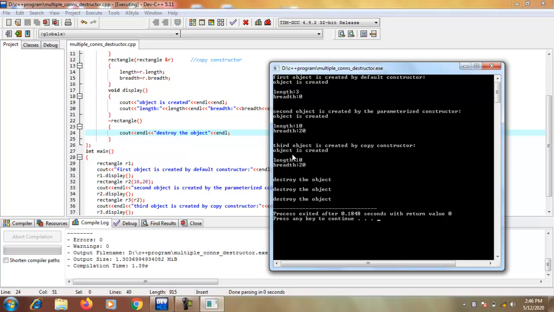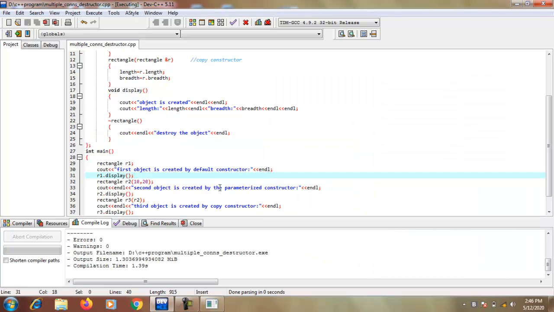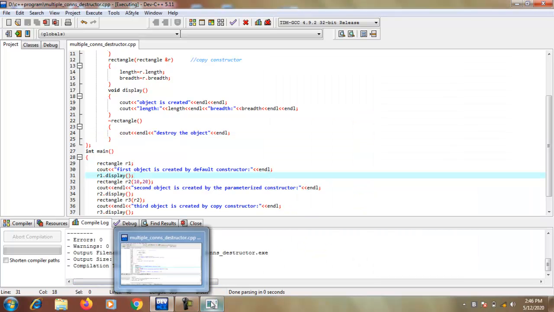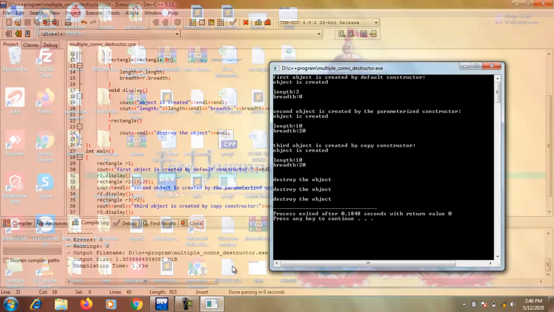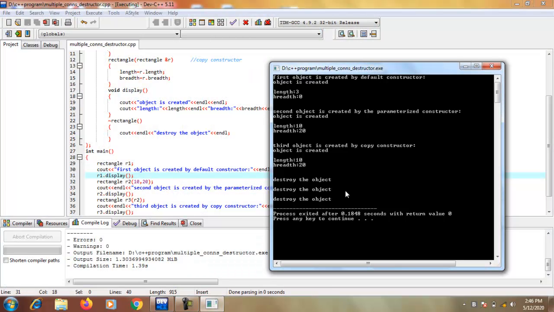That means I created three objects R1, R2 and R3, and these three objects are totally destroyed by the destructor. That's why the destructor is called three times here. And this destructor is called by the compiler automatically. Okay, thank you.